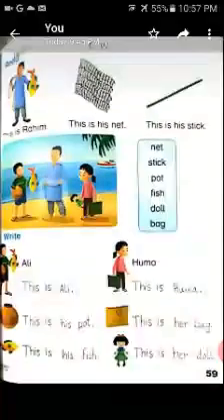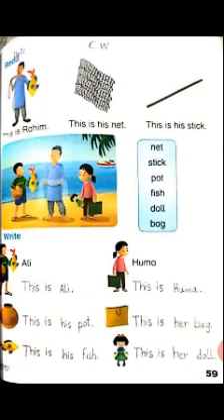Now you will complete your full page like this. You will write date, C.W, and then you will start your writing. Okay. And I think all of you have understood clearly how you will do these 2 pages.